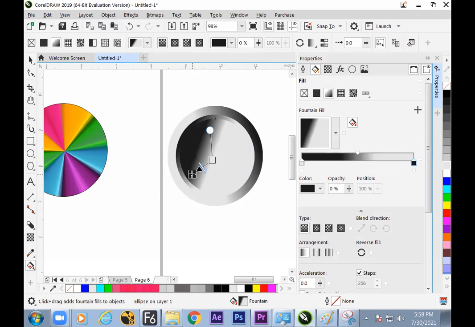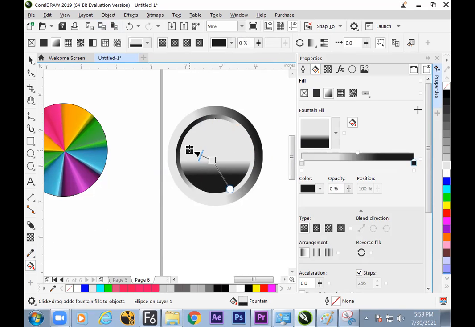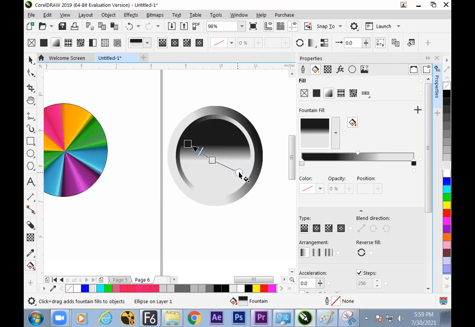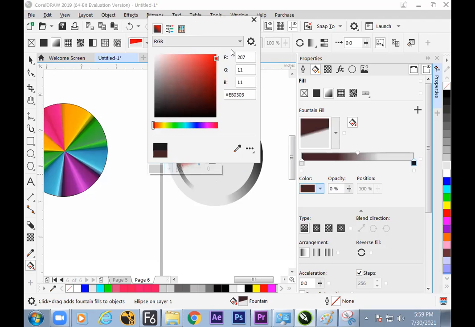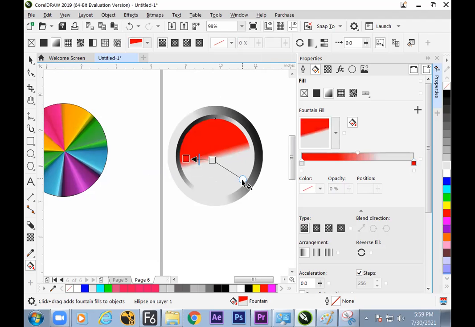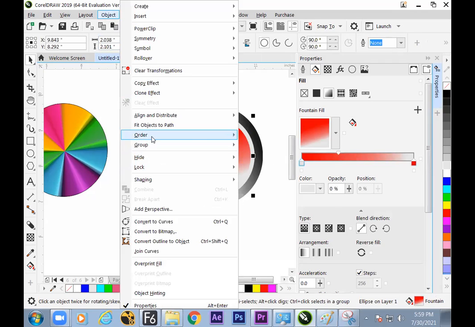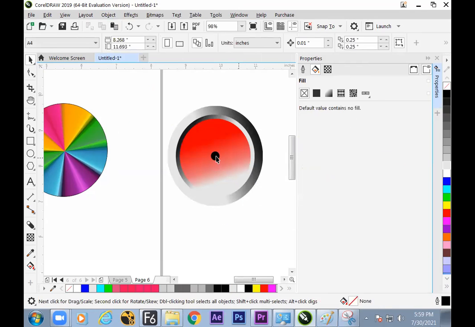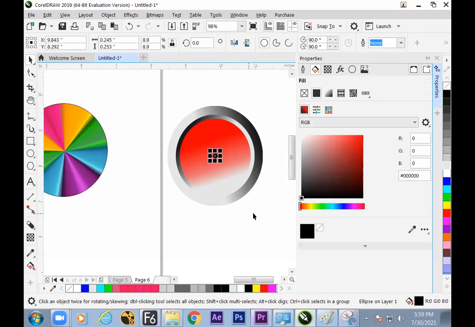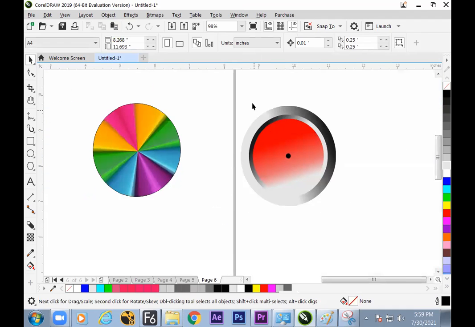So hope the dial design and all such things can be done in this way. We're just changing the direction and the spread. It could be any color. We have just started with one color, but it could be any color. So hope we have understood now how to spread the color and how to change the position of the color. Now get it down one step by the order option. One step down, find the center point. So hope we have understood now how to create a 3D depth on the screen.